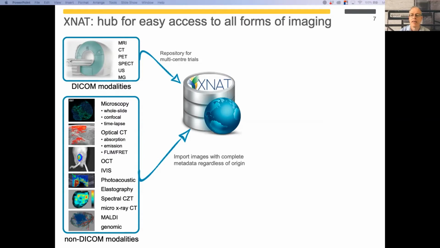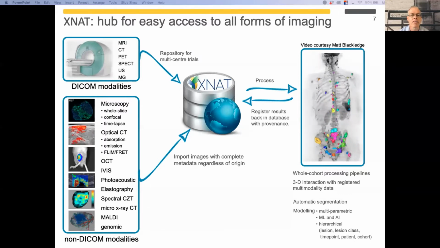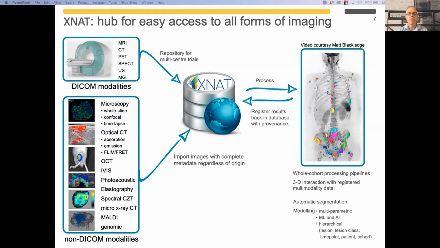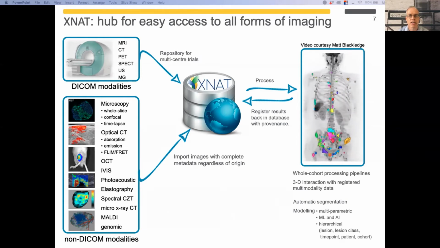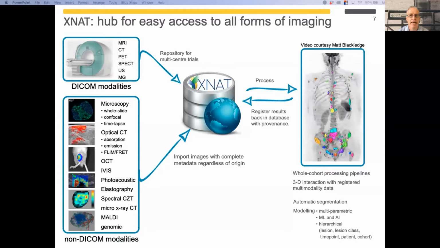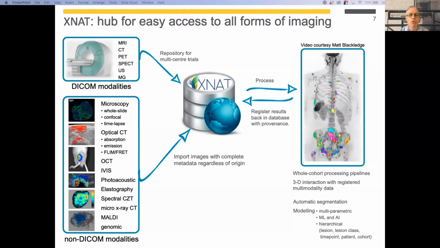And then what we clearly want to be able to do is to process those data in original and potentially arbitrary ways, perform the automatic segmentation we've heard about, perform modeling and analysis. And then, although this is still very much a work in progress and varies between different studies, our aim, after we've processed the data, is to store the results back into XNAT together with their provenance, allowing us to audit